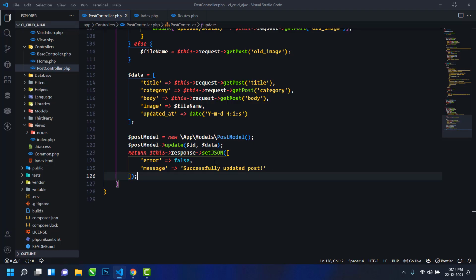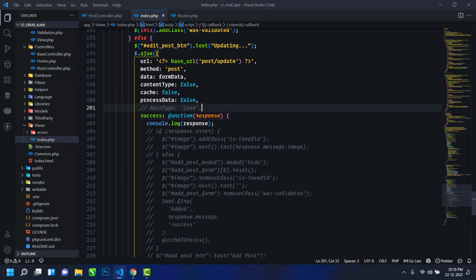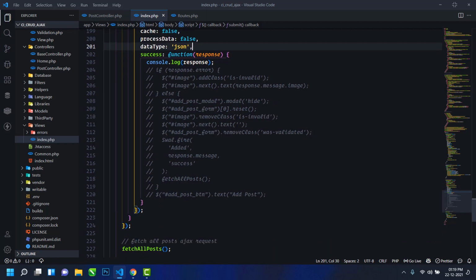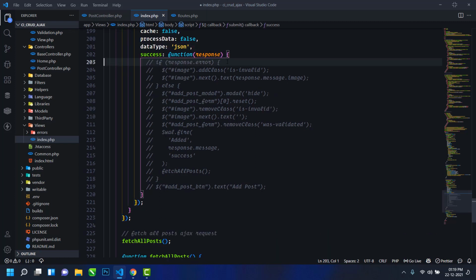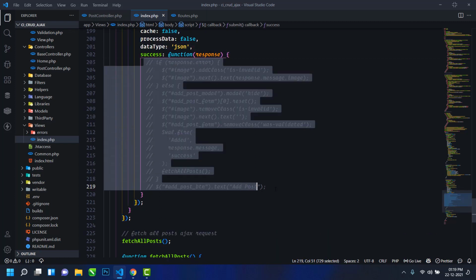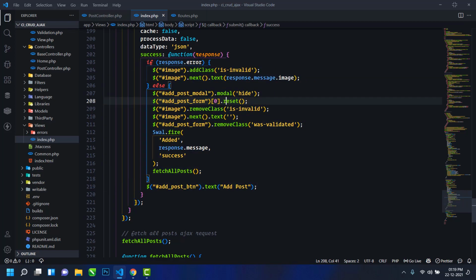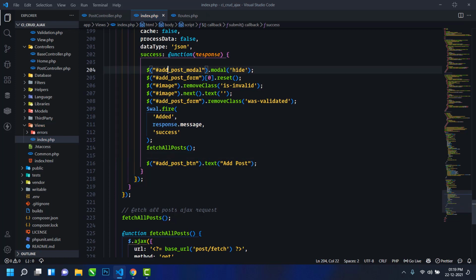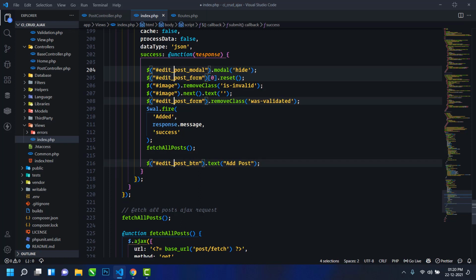Okay, let me change something in the index.php file before testing. So just uncomment this now, and remove this line, uncomment all this. Okay, and no need to check this error, so just remove it, and also remove it here. Just change this add to edit in all the places.